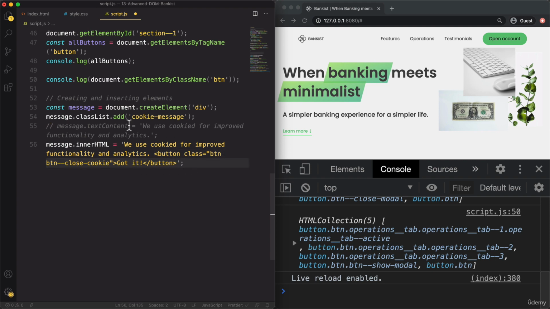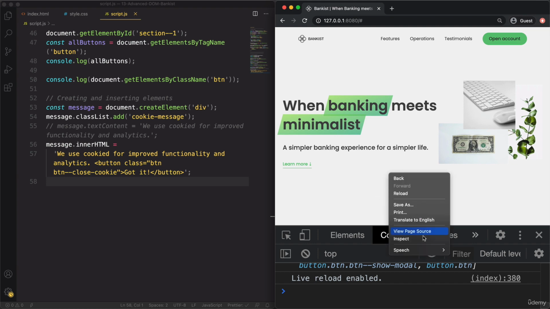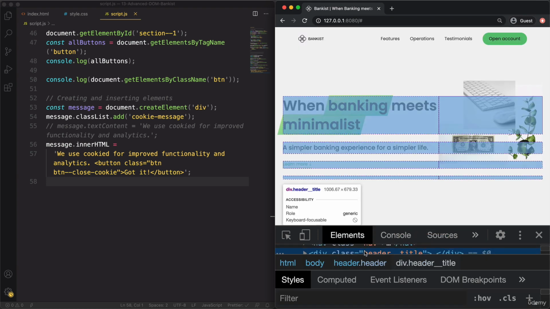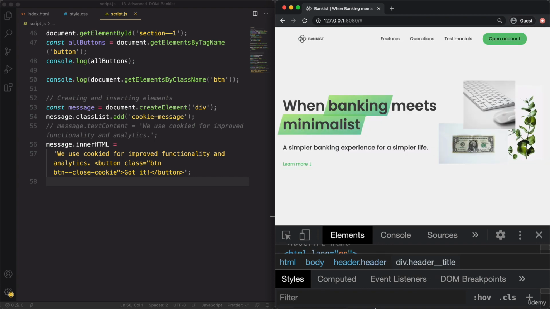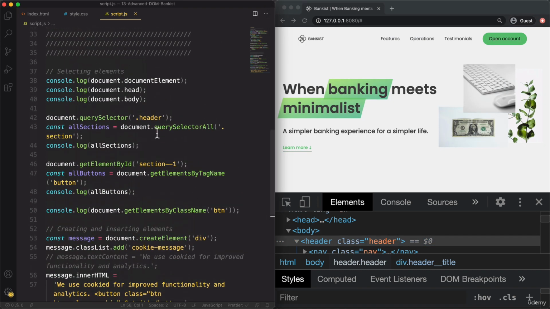Okay, but anyway, we now have this element, and all we have to do now is to insert it into our DOM. And let's do that here in our header. So give it some more space. So all of this here is our header element. So this takes up so much space. Can't get rid of it for some reason. So all of this is our header. And so we can now select this header and then append our message to that element. And we already have that here. Let's call this the header. And now we can say